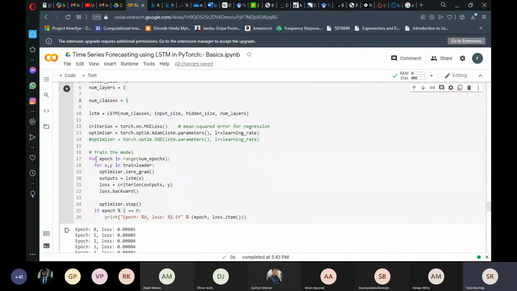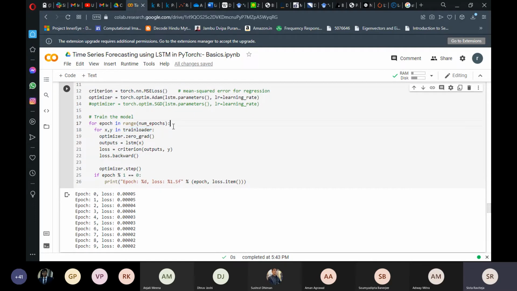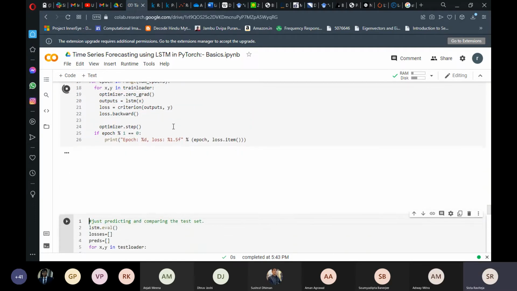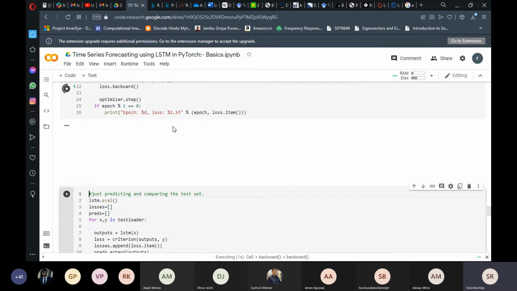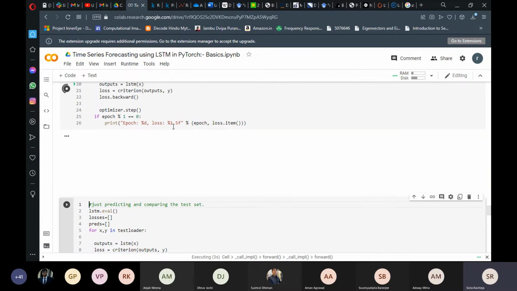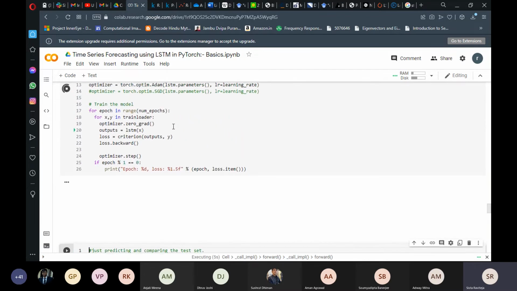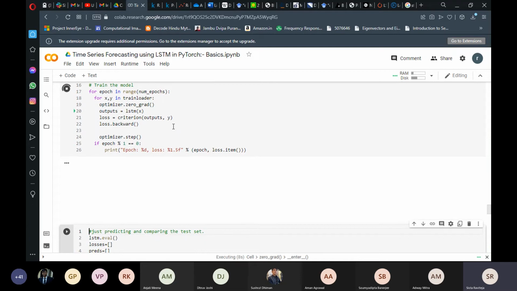So here the difference is you will have another loop apart from your epoch loop, for the data loader. It will keep giving you data in batches of whatever batch size you have given, and your network will be training on those batches instead of the entire training data at once. So I'll just run this also for you. This might take some time. Meanwhile, if anybody has some doubt, you can shoot at me.